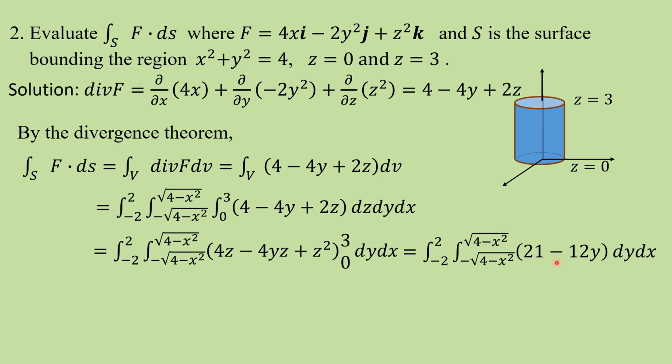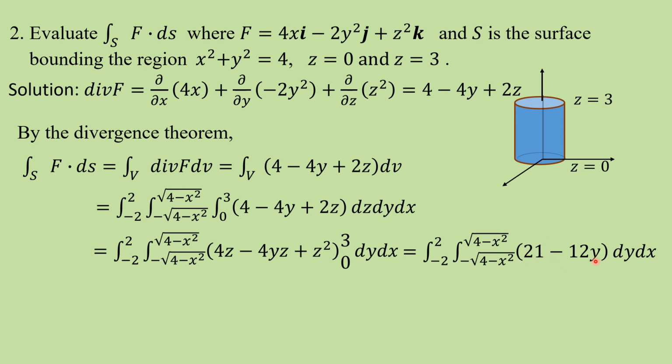So here we can observe, suppose the function defined in the interval minus L to L is found to be odd, then the answer is 0. That means if f of minus x is minus of f of x, it changes with the sign, then it is called an odd function. If f of minus x is f of x, unchanged even after replacing x by minus x, then it is called even. Then you can write the integral from minus L to L of f of x dx as 2 times the integral from 0 to L. So if I take 21, a constant, the function is the same even after replacement, throughout it is constant, so therefore it is an even function.